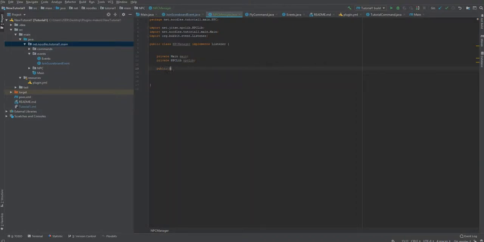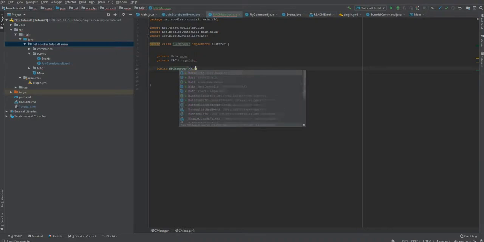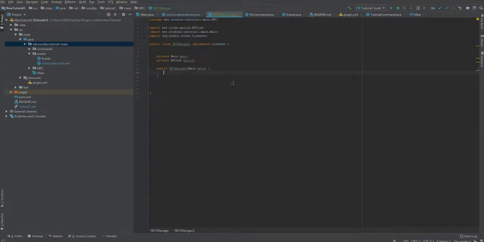We're going to do public NPC Manager, and this is going to import Main as main. So this is just saying we're importing our main class, and it's going to be recognized by the main here. We're going to do this.main equals main, which is saying this main up here is equaling this main down here,